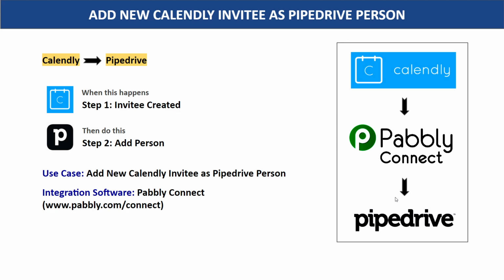So here you have two choices. The first choice is to copy all the details of John from Calendly, sort them out, and manually add him as a person in Pipedrive. The problem with this approach is that it's very repetitive and tiresome. So I would suggest that you bring in some automation, so that whenever a new invite is created in Calendly, that person is automatically added in Pipedrive.